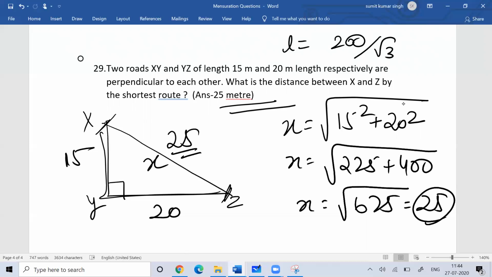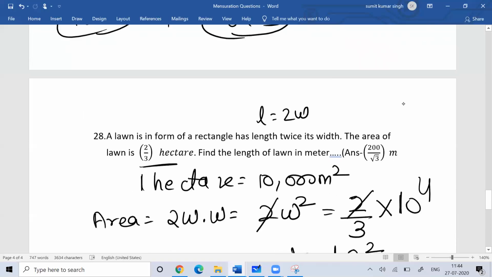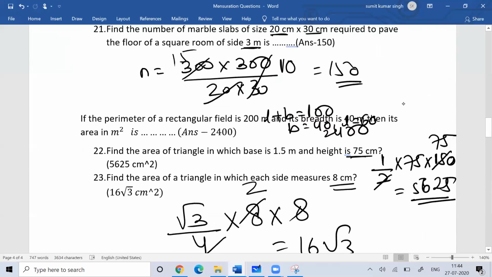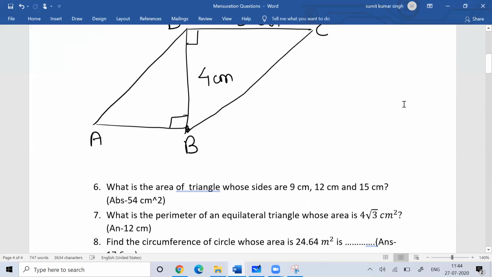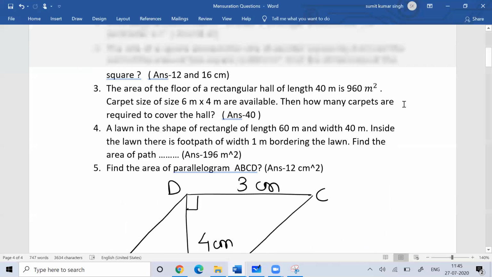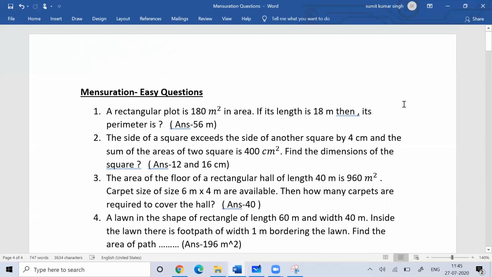So these all were very easy questions. And in these questions, what I have done, I have just discussed the basic concepts. If someone is looking for some easy exams where the level of questions are not difficult, and you know that mensuration is a very important topic. In every exam, definitely you get questions on mensuration, especially those who are preparing for SSC or IBPS or CGL or in all such exams or CAT, all the exams, you will definitely get questions on mensuration. So it's one of the very important topics you can expect. But it depends from exam to exam.